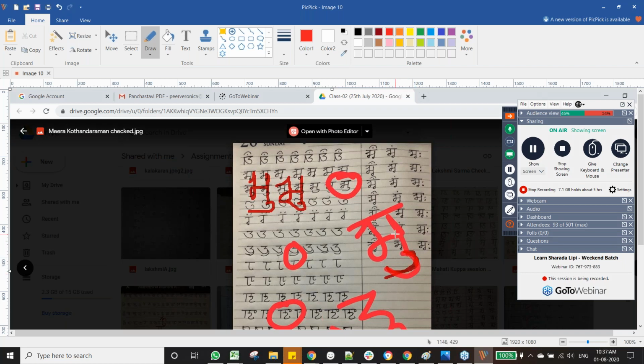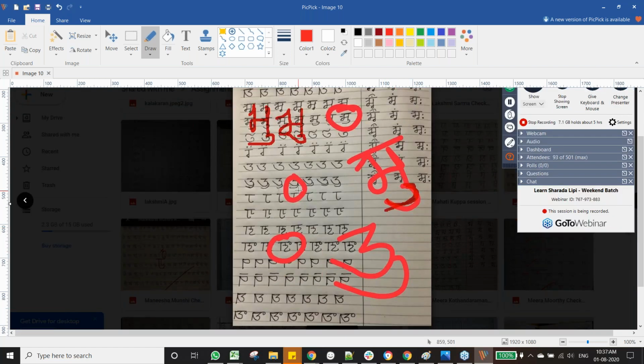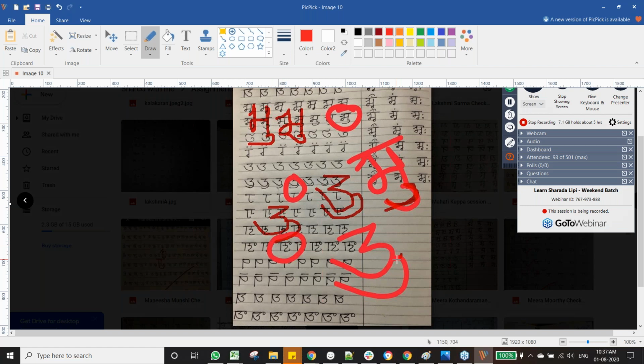So one correction there, and there is one correction in oo also. When you draw a tail at the end here, you start from here. You take it a little up. You take it parallel. Let it go with the tail. You do not stop in between. What you have done here is you have drawn this and then left it here in between. So this is how it should go. It should keep going with the tail and stop here. That is one correction here. Rest all the characters are drawn nicely.